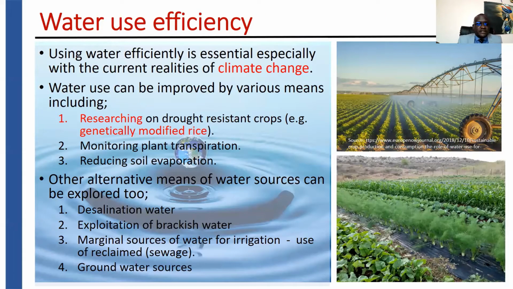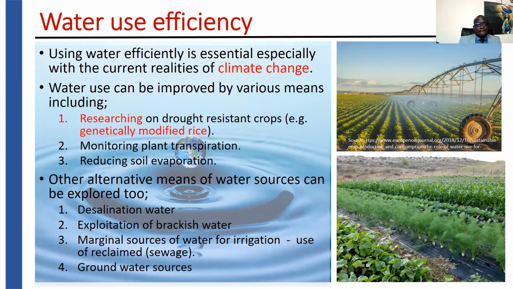So the next one I'll look at is water use efficiency. And of course, using water efficiently is essential, especially with the current realities of climate change. And water use can be improved by various means, including researching on drought-resistant crops. For example, genetically modified rice that is quite drought tolerant, and therefore it does not really need a lot of water for irrigation. As we know, rice is one of those crops that will not really do if it does